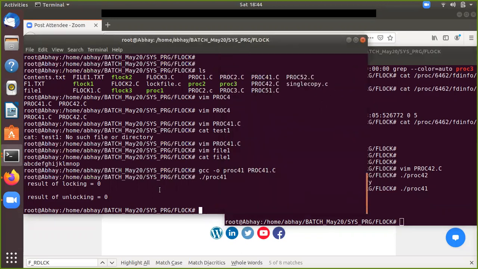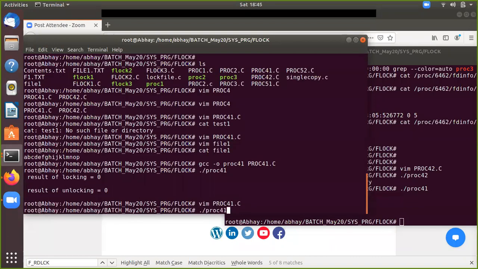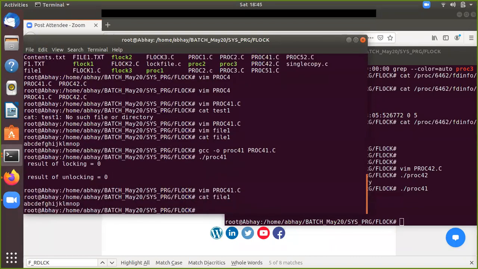So here what my intention was to show is, say you are locking here, right, 6 bytes. Now, the moment you lock here 6 bytes, what will happen? Say file1 is there. We have seen file1 is there.